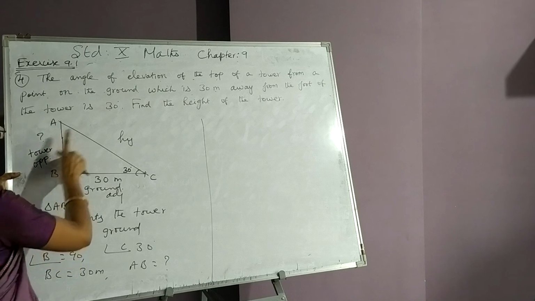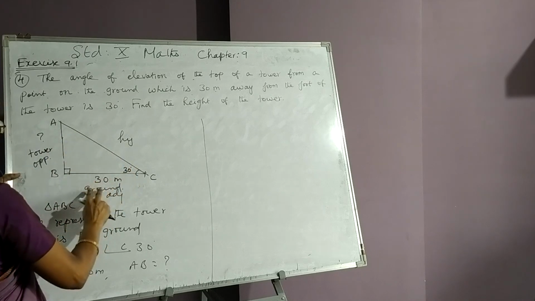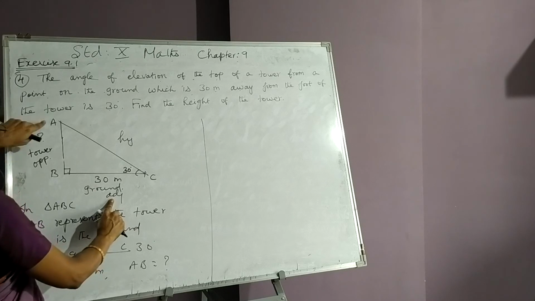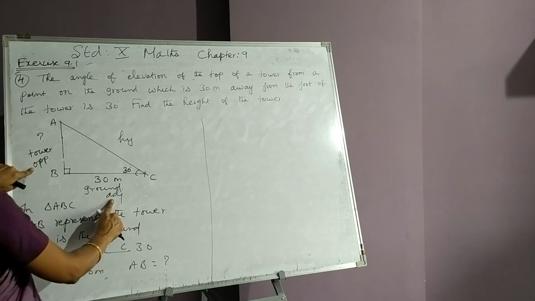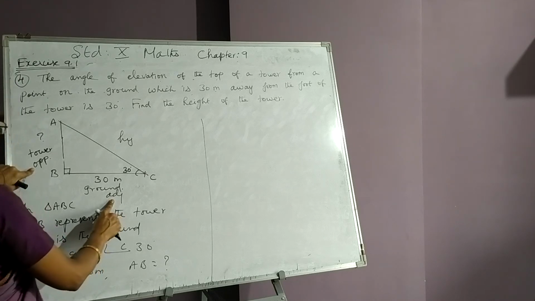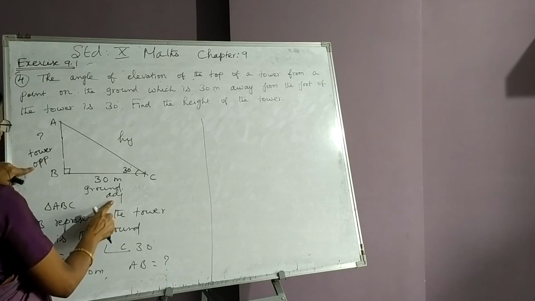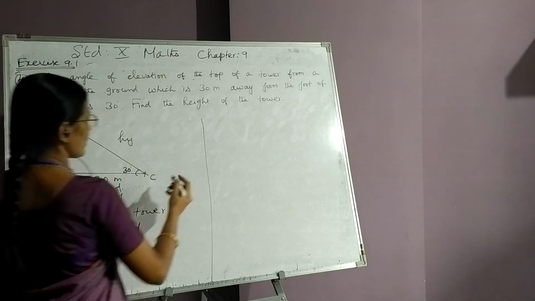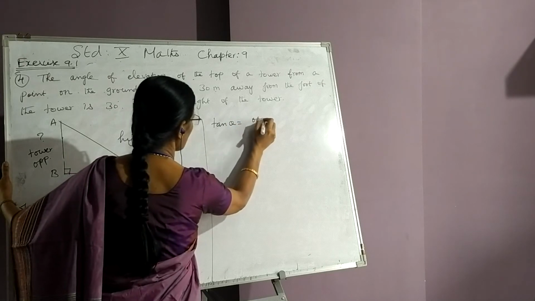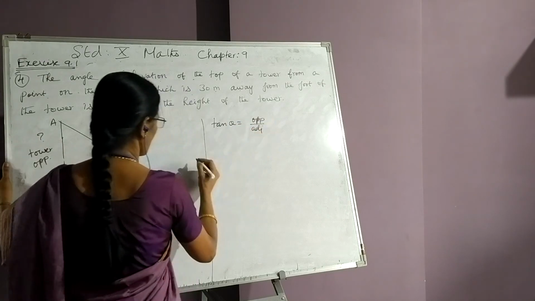So the number given in the triangle is only this number. This number stands for which side? Adjacent. And we are asked to find out AB. AB is for opposite side. So among the 6 ratios, which ratios involve opposite and adjacent? It is a tan or cot. Out of the 2, we can take any one. I take tan theta. We know tan theta is opposite upon adjacent.